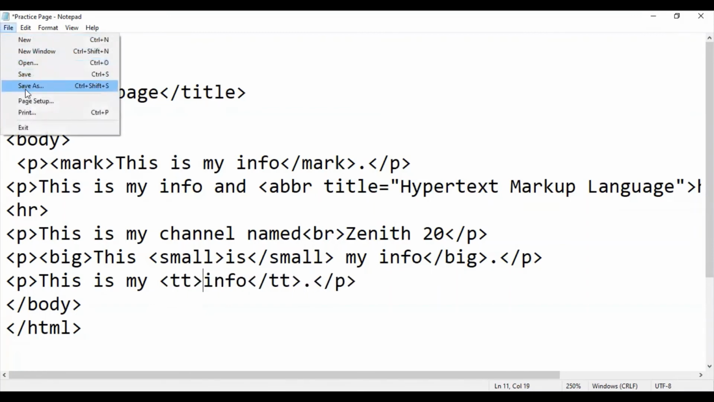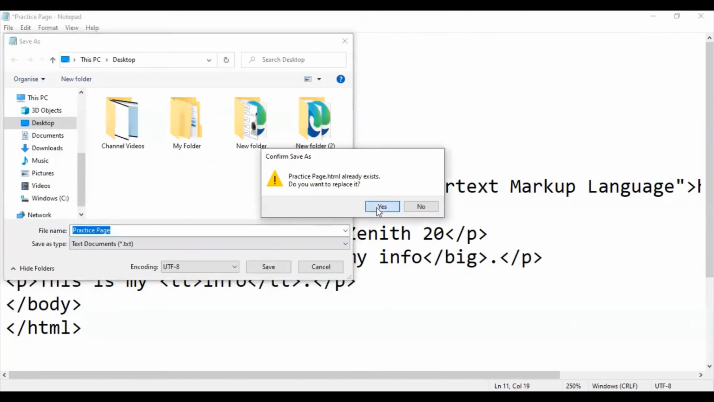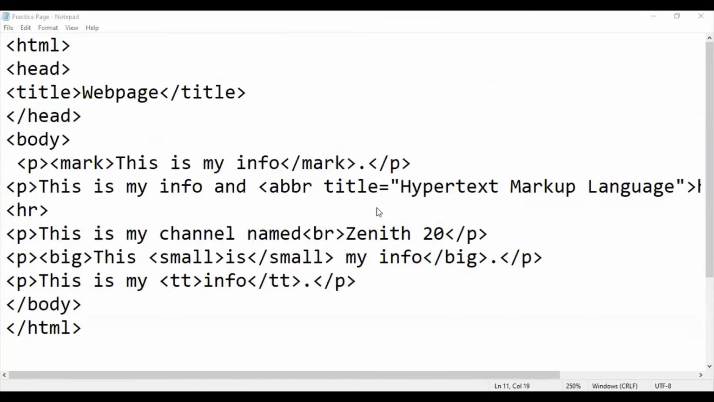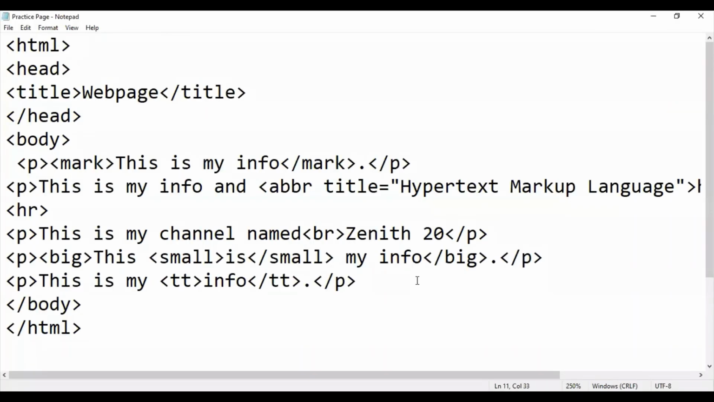So these are the opening and closing tags for the monospace. You will see that text will appear here, and the word info is, first of all, smaller, and all of the words, as you can see, the letter I is not bigger than the letter N, the letter F is not bigger than any other letter. All of them are with the same height, same font, and same width. Okay,